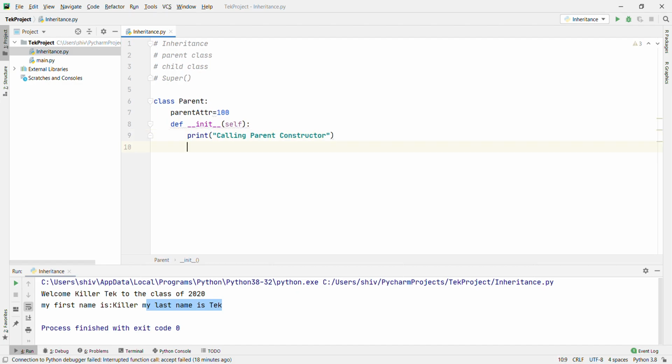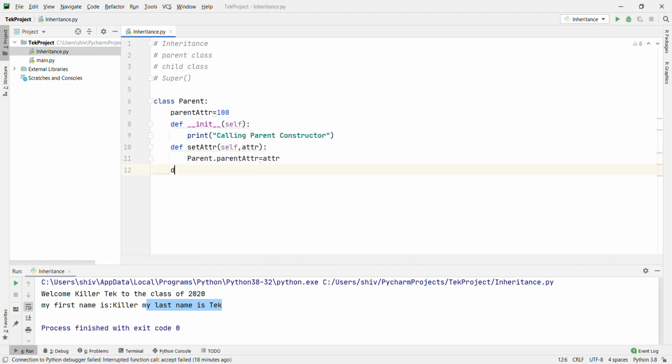Now we are going to define another method, set attribute. It will set the parent attribute equal to attribute. You have to pass the parameter here, because if you don't want the parent attribute to be 100, then we have to set the value of attribute. This is the second method of the parent class.